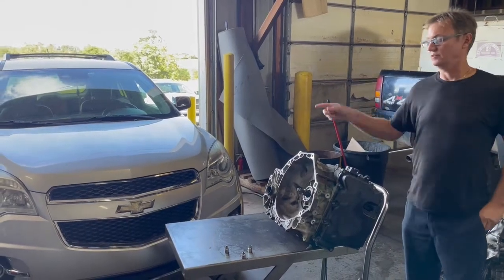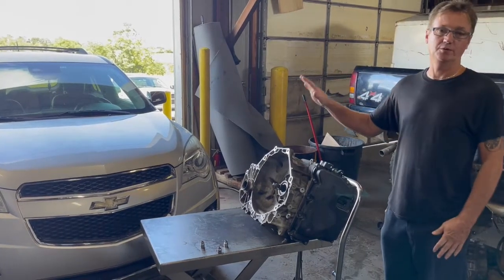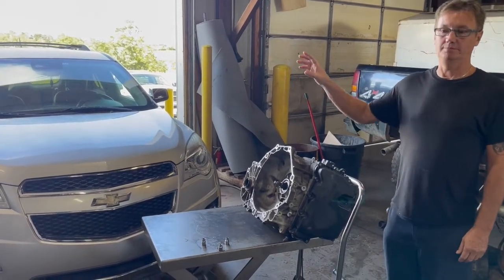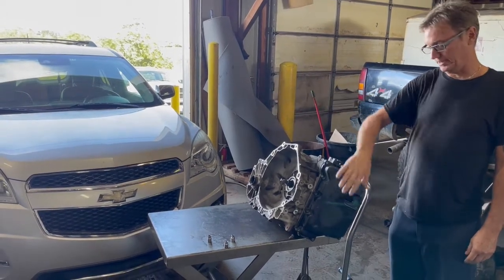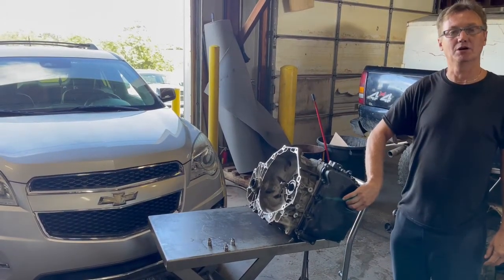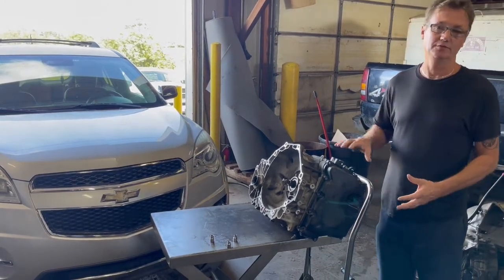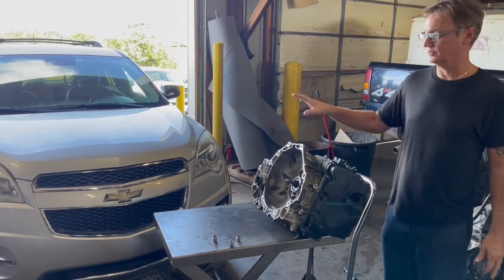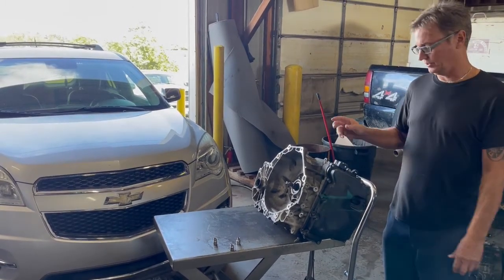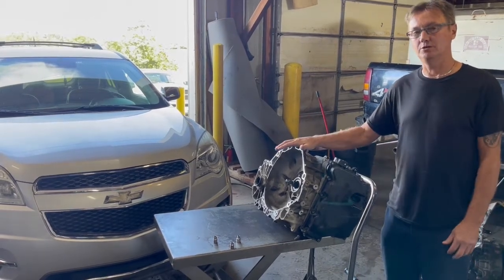Alright, we got a Chevy Equinox here. P0601 code is what we come up with. This one here, somehow or another the plug-in had gotten messed up and broke. We went ahead and took the computer off of the transmission and fixed everything and put it back together, and it's working great. But what I wanted to talk to you about was, most of the time when the P0601